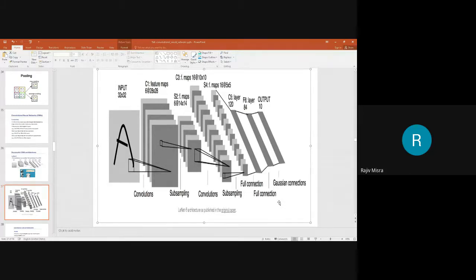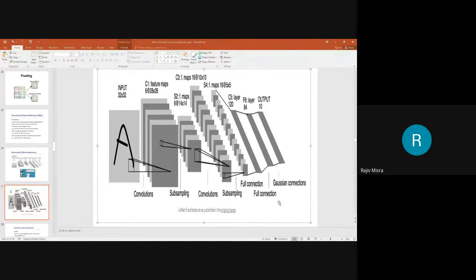You can see that this operation will change the dimension from 14 by 14 by 6 to 16 into 10 by 10. Again, I'm telling you that convolution is not performed with padding, so from dimension 14 by 14, after the convolution it reduces to 10 by 10,